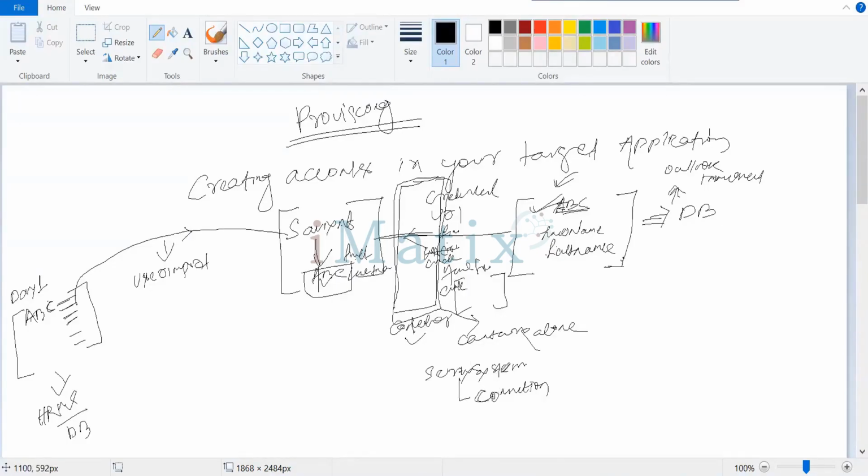We need another part of information, that is the endpoint. Basically, I will be mentioning in the endpoint where my account or user information should get created. Those information we will be mentioning in the endpoint. Now, once our endpoint is ready,